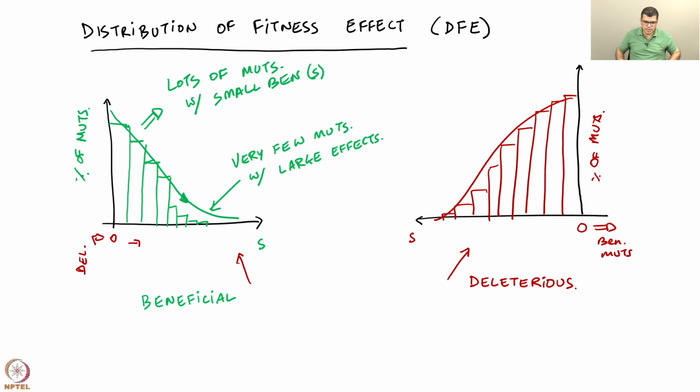Right. So, that is our discussion on distribution of fitness effects. Moving forward, we want to discuss a geometric structure which was proposed almost 100 years ago, which is extremely useful in order to view evolution. In this geometric structure, the analogy that we are going to use is that of a